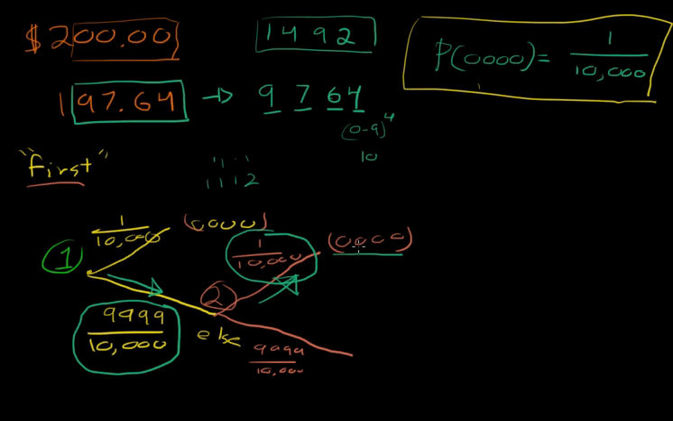If we wanted the probability of the third try, we would have to multiply this probability, 9,999 over 10,000, by 9,999 over 10,000, and again by 1 over 10,000. So the product of all these things would be getting it for the first time on the third try. I hope I'm explaining this well,